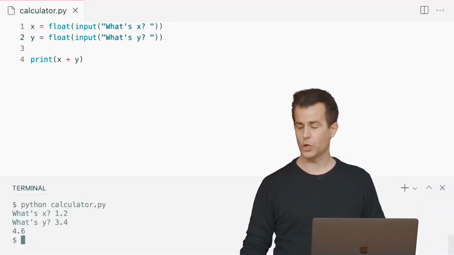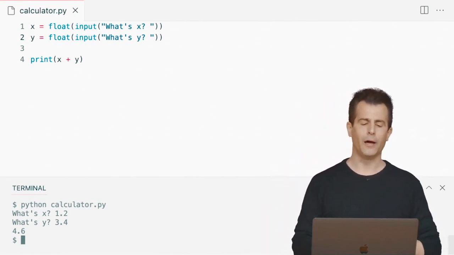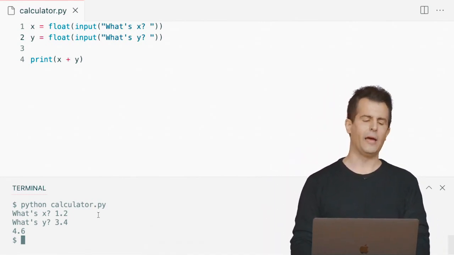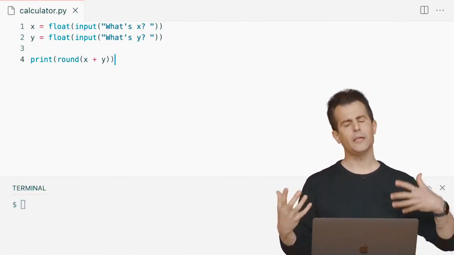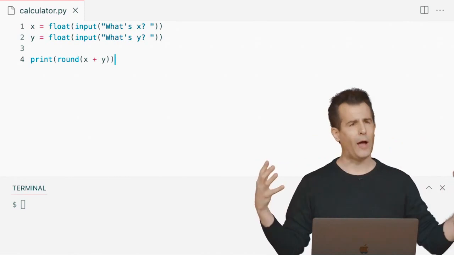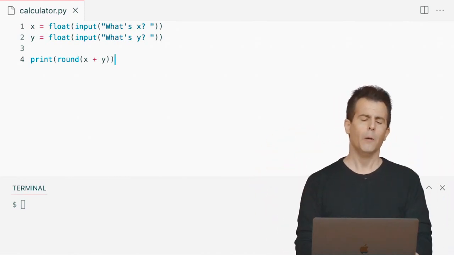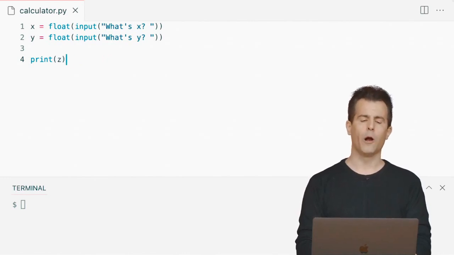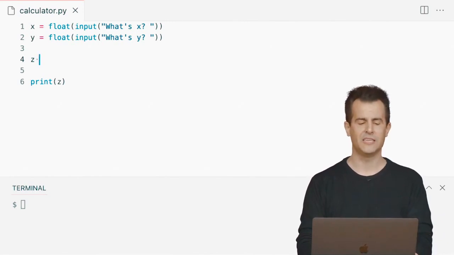So if I go back now to VS Code and I consider that I want to go ahead and round x and y, I can do this in a couple of ways. I could do round x plus y, but I'd actually prefer to break this out into 2 lines. I don't have to, and reasonable people might disagree, but I'd like to revert to a scenario where I'm printing z so that I can a little more clearly to myself, to others, say z equals the rounded result